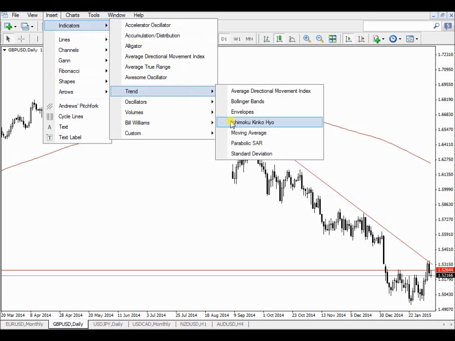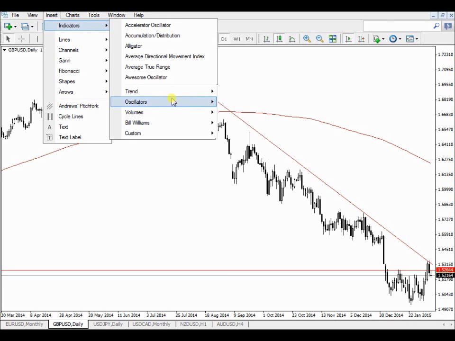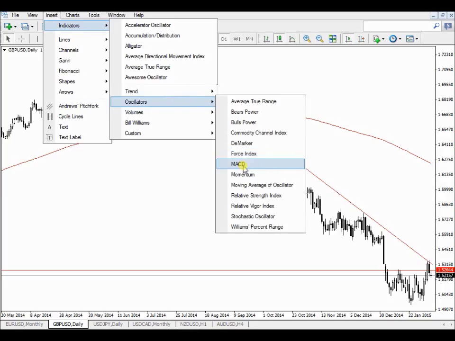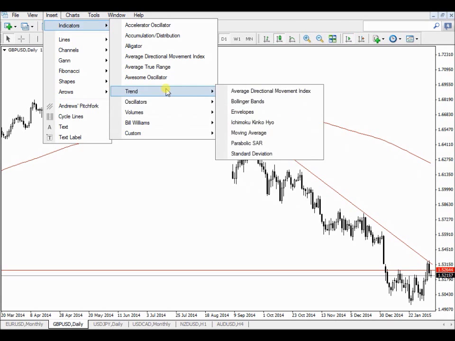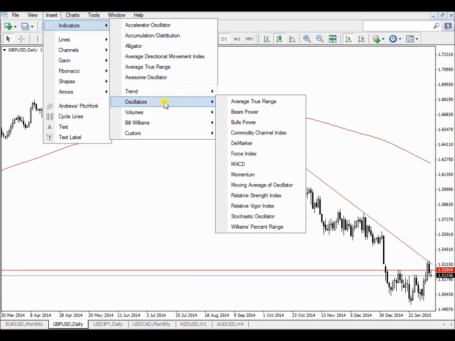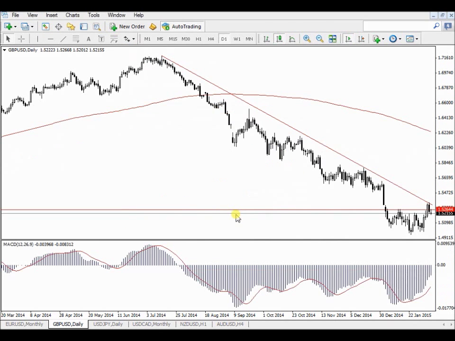Let's do the moving average. I will do that later. I want to do oscillators. I want to do the stochastic and the... let me see what I'm going to use. Let's do the MACD. Some MACDs have only two lines. This is exactly the same as where the fast line, guys, is crossing the slower line.